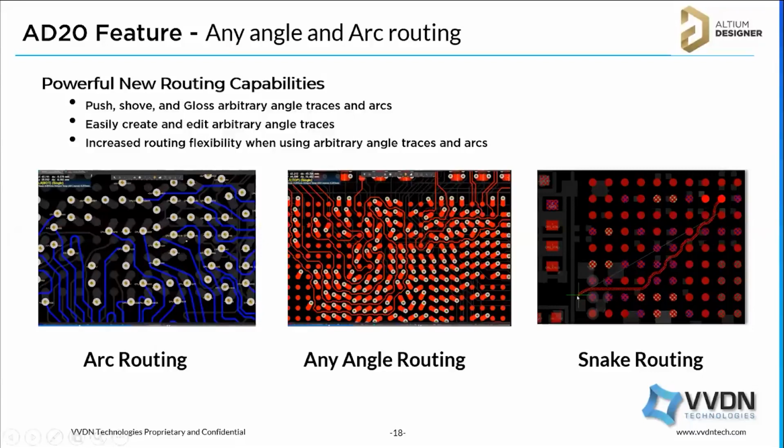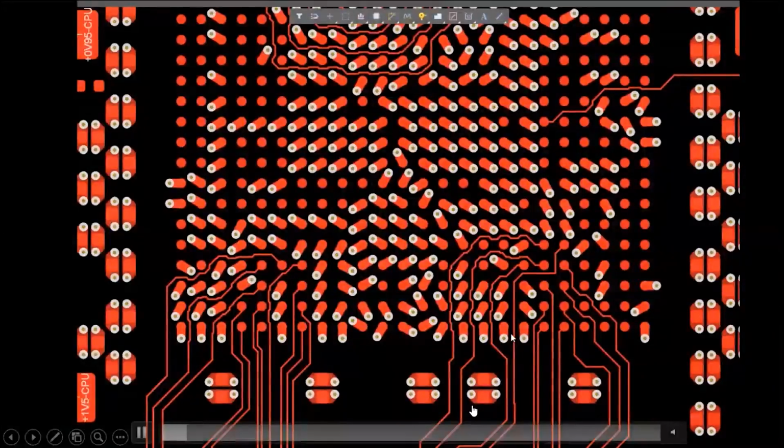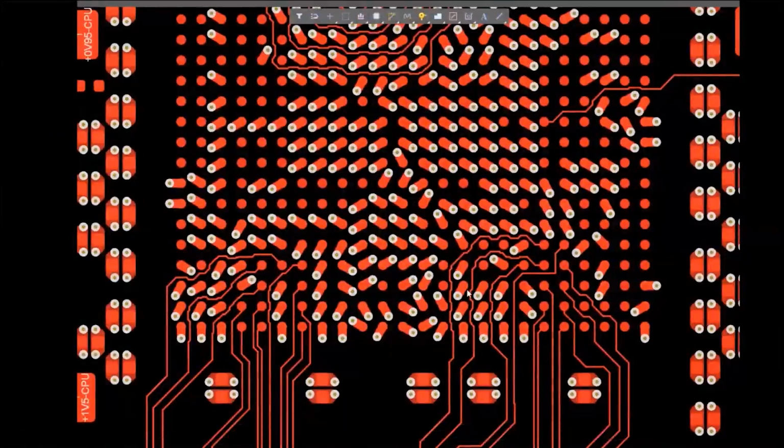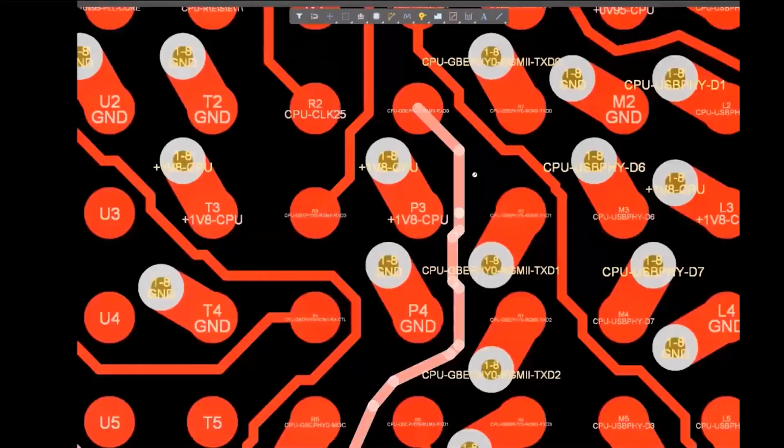So in AD20 we have introduced this. You can just try that feature. I'll show the demo of this also. So this is a video. See, this is a signal we have routed. There are a lot of small kinks and small bendings in 45 degree. This is not recommended for high speed signals, and maybe we will face manufacturing issues also.